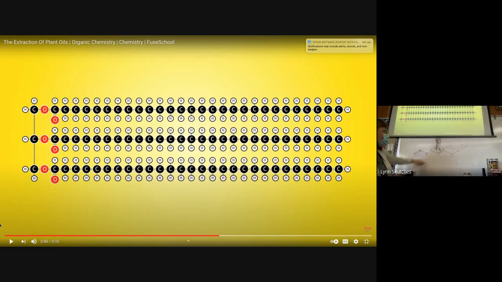So it's going to zigzag, but this other line's going to be zigzagging too. And those 3 chains can sit on top of each other if they're